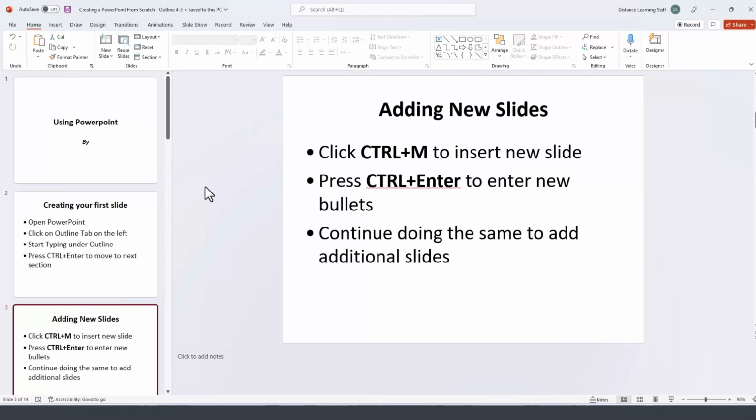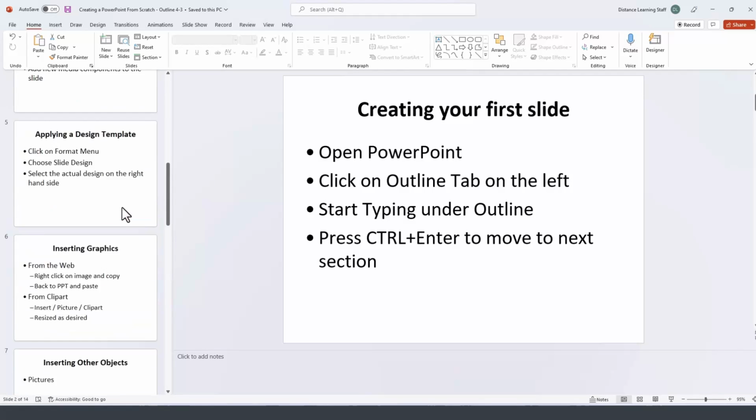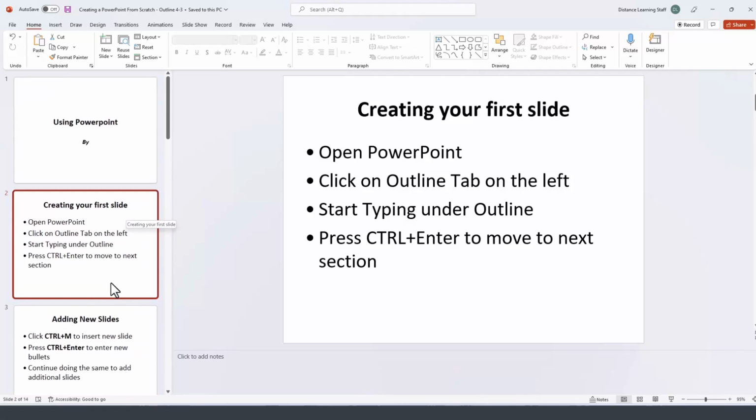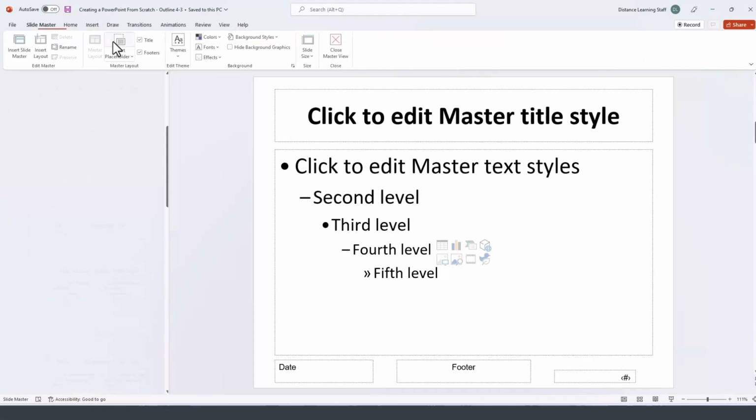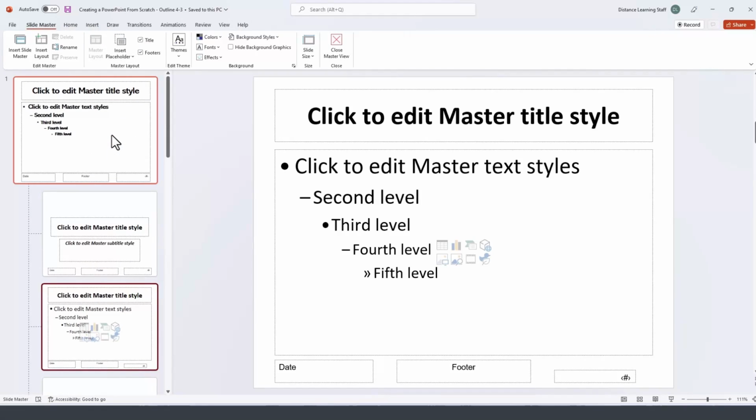For example, here is this very bland presentation. And let's say for every slide we want to add a logo or an image on the bottom right here. We could do that manually, obviously, for each slide, but that takes time. So what we could do is go ahead and modify the Slide Master. So we go under View, and then go under Slide Master here, and then scroll all the way to the